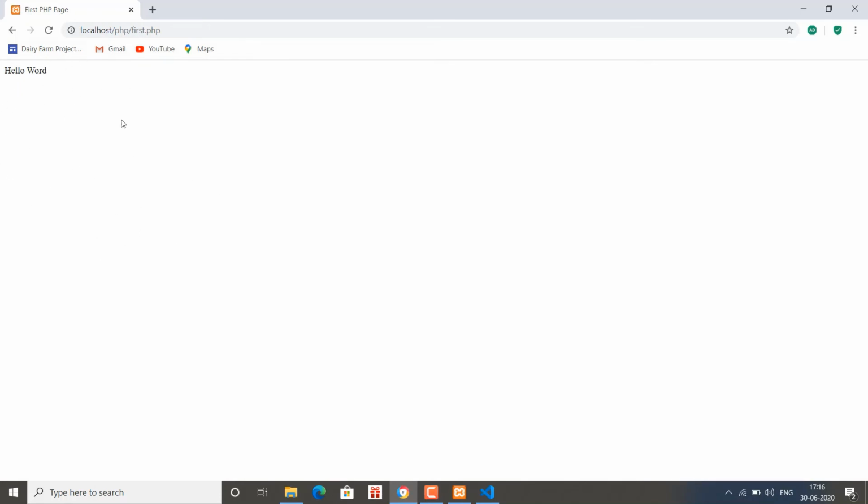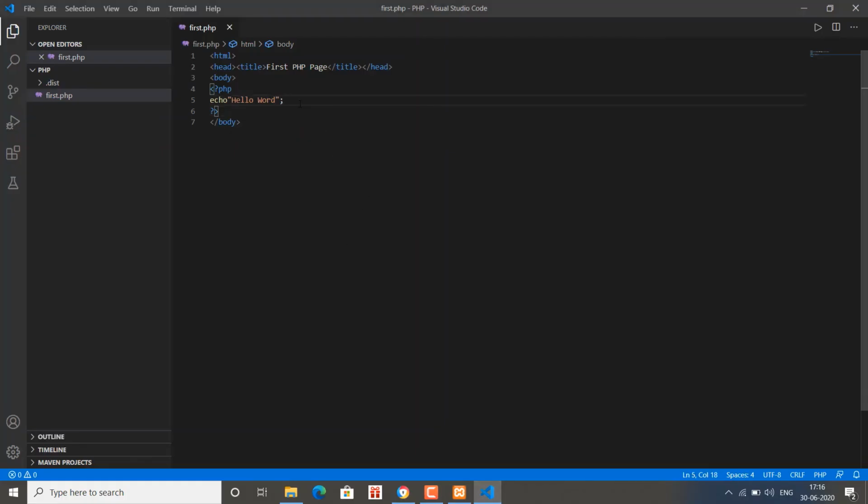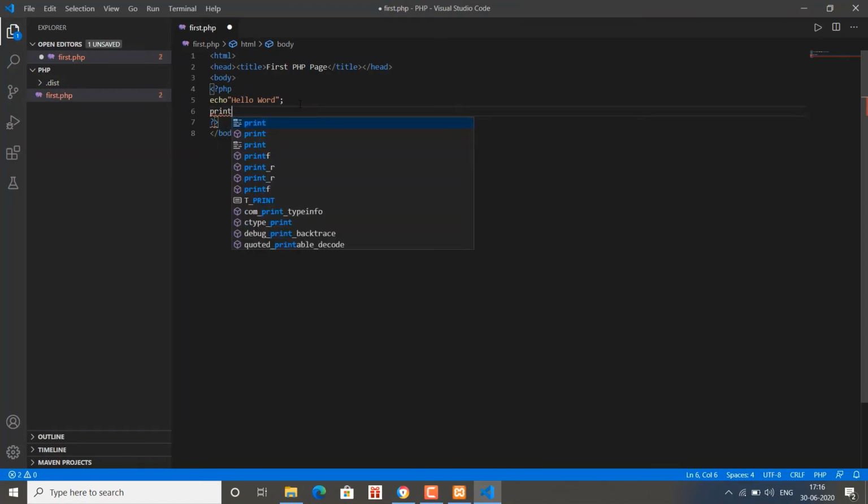This way we can create a program in PHP and run it. If you want to make a small change, say I write print, and for this I have to use parentheses: this is my first PHP page.